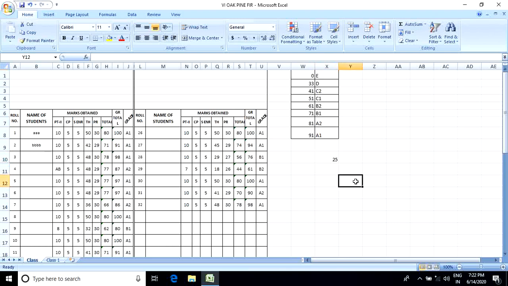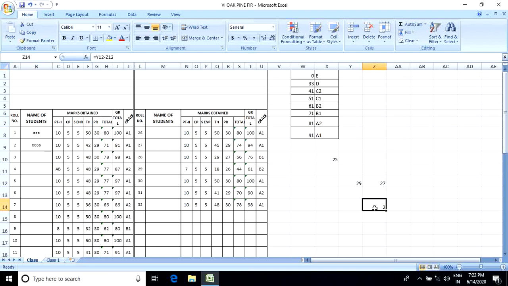How can we subtract two numbers? 29, 27. Suppose the subtract result will be displayed here. Equals to this value minus this value. Enter.